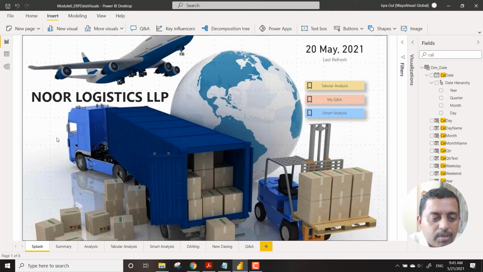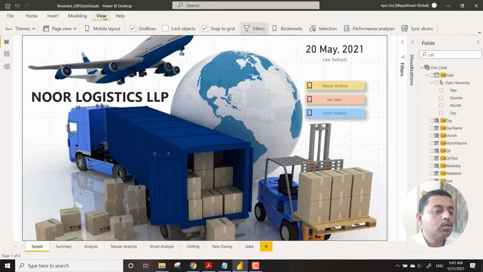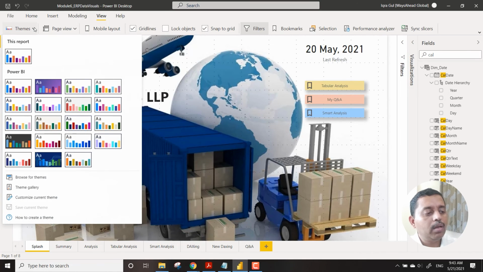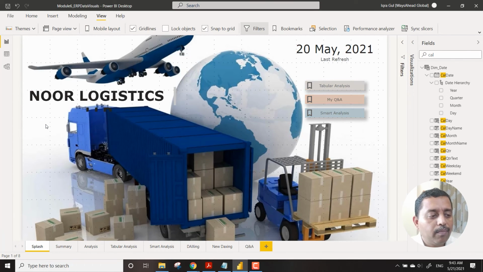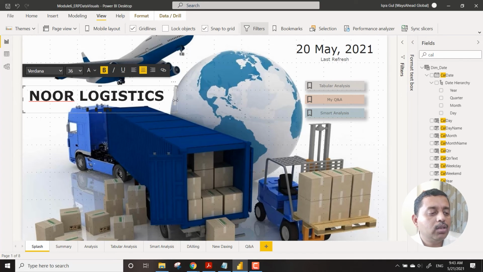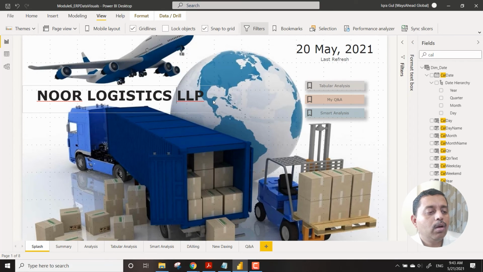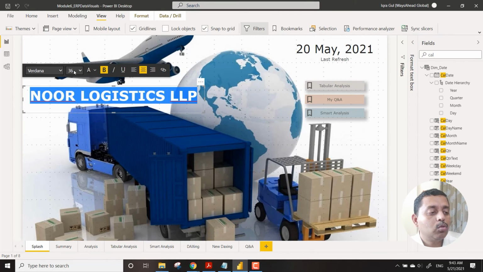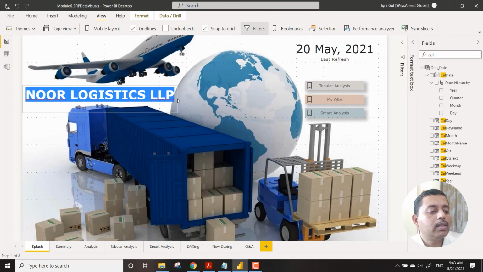Moving on to the theme structure. So themes are very easy. You just need to select what theme suits your case study. By default, it will be the regular theme that you see over here. Here, you just go to theme, and suppose I like this frontier theme. What will happen? It will create all the required changes in your report. Here, let's say it becomes too big for me to handle, because it has its own font and size and everything. It will override all these things.